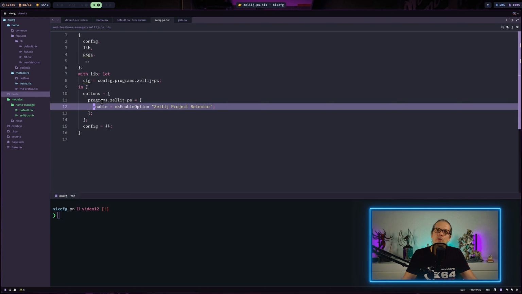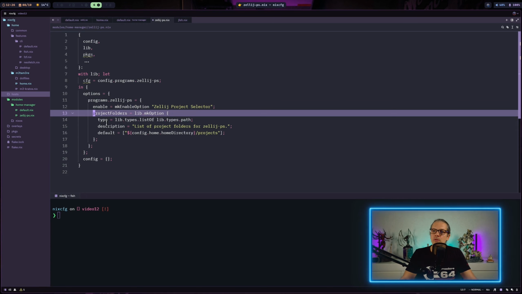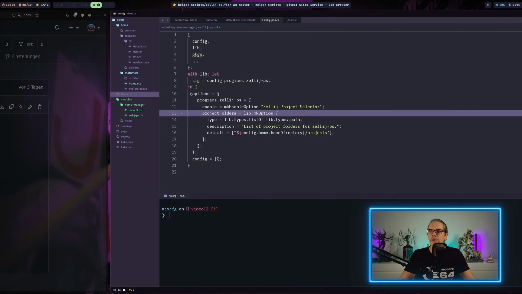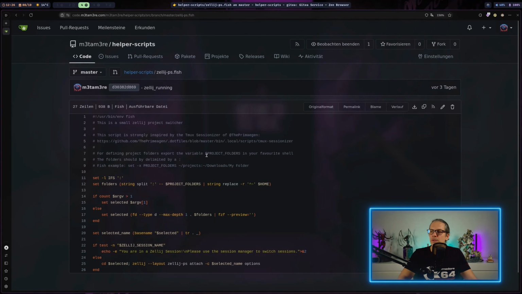So first of all, we make an enable option, so we can easily say programs.zellij-ps.enable equals true to enable the module. And my second option will be the project folders. As you might remember, our script was looking for a project folders environment variable, and all the project folders should have been divided by a colon here.